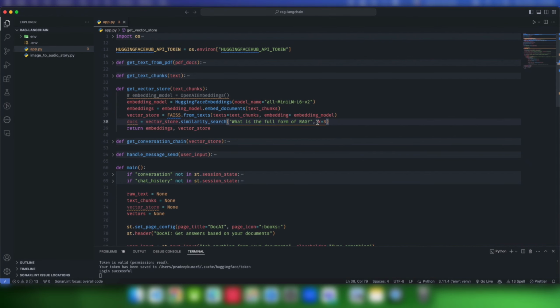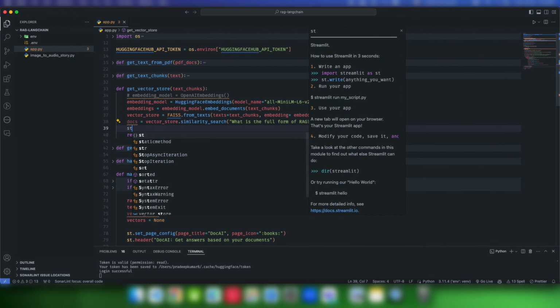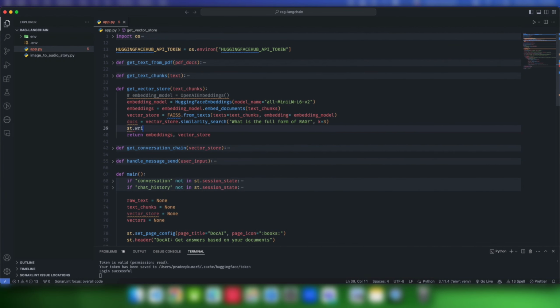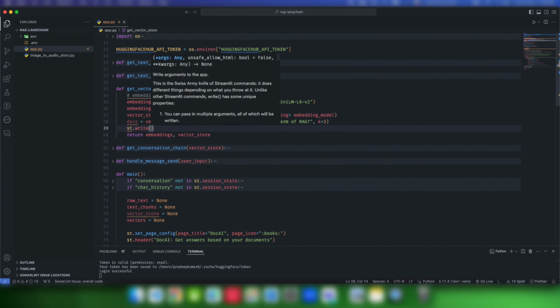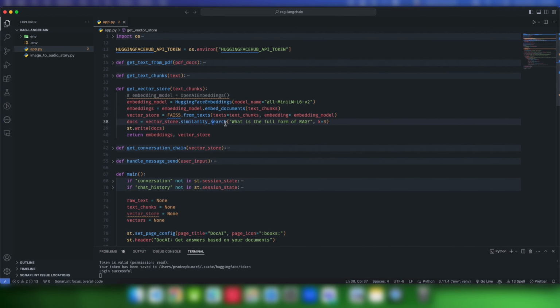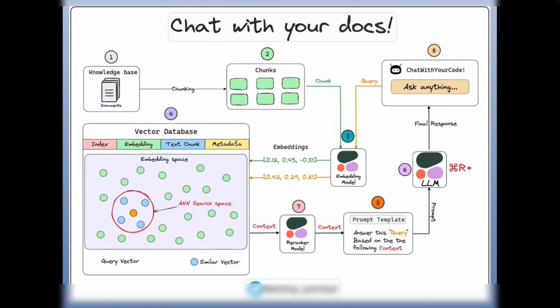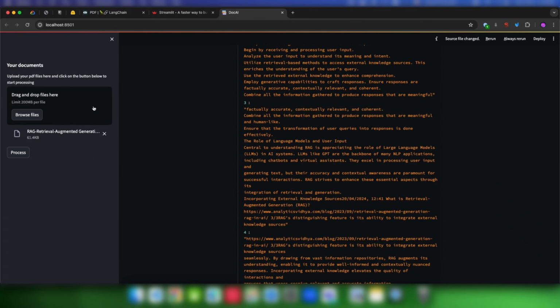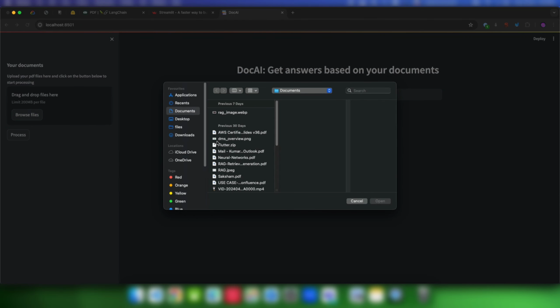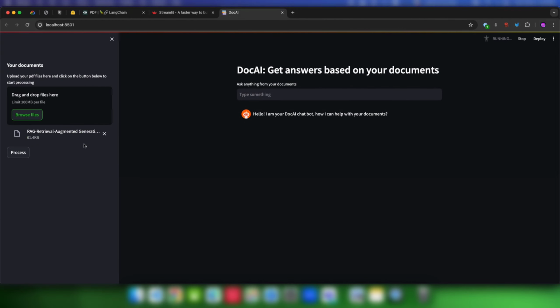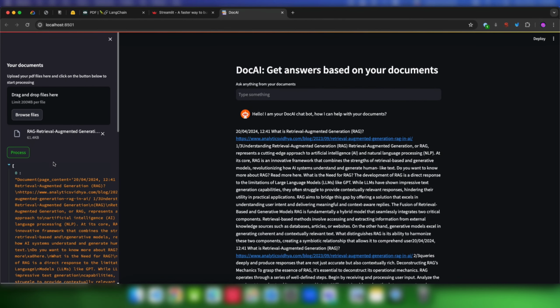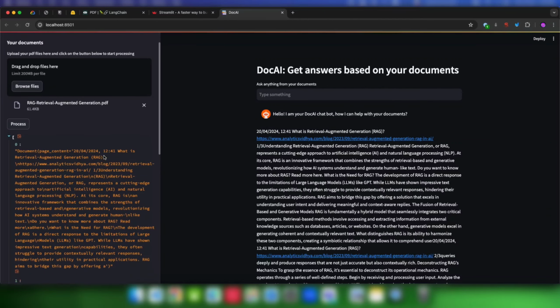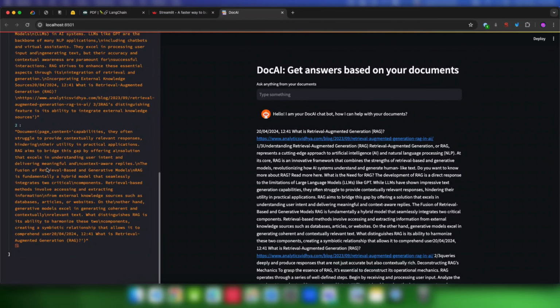I want the best 3 answers, and let's write it on the screen so that we can see what is the output of this similarity search. So let's run it again and see what we will get for this question: what is the full form of RAG? So clear out, upload the document again, process it, and as you can see we got 3 chunks from the